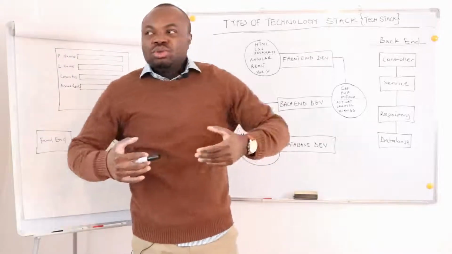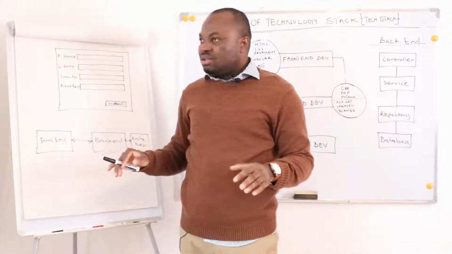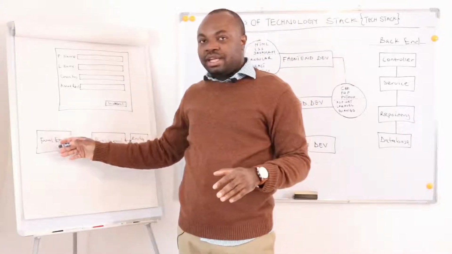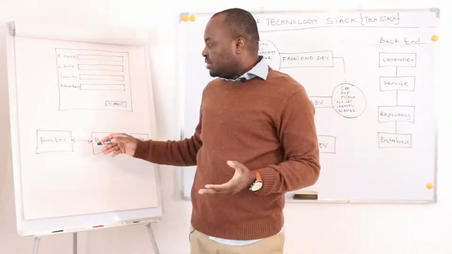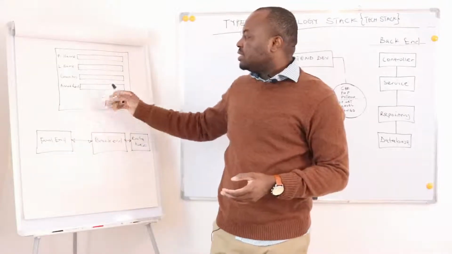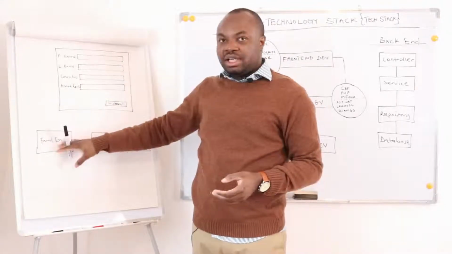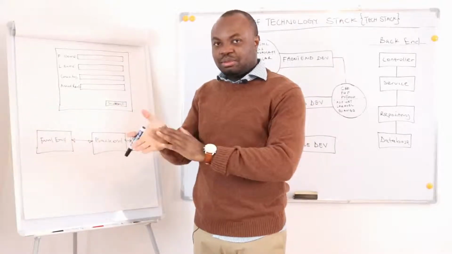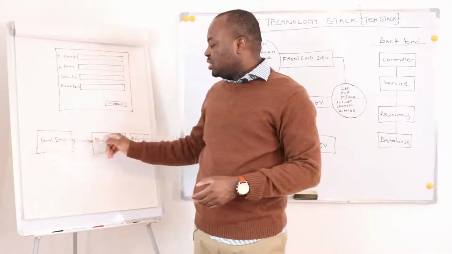So what do we really do at the back end? In a typical architecture, your software could be broken into three main parts: your front end, your back end, and your database. So what really happens? Let's use an illustration. I have this simple form that I want to use for this back-end illustration. You fill this form on the front end. It displays on your mobile phone or your laptop, then you fill it in. When you submit this form, it is sent to the back end.